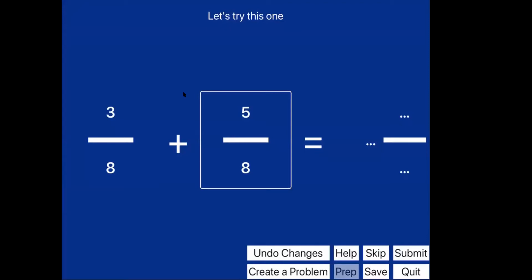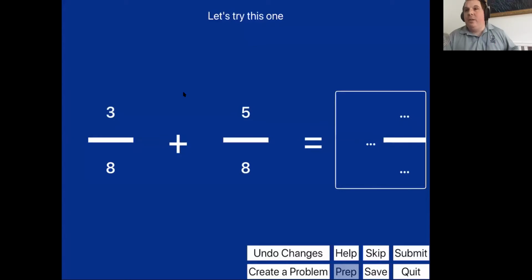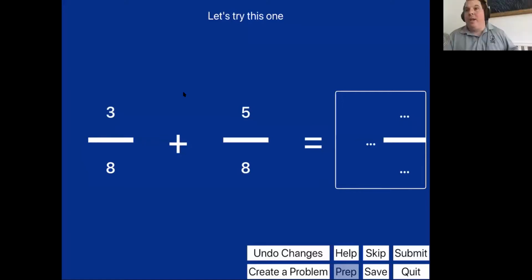5/8 I'm just flicking right. Equals. Answer, blank. So here's where I'm going to enter, tap to edit. Sorry about that. Here's where I'm going to enter an answer if I want to. I have hints on right now, so that's why there's a little delay, and it says double tap to edit.